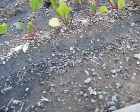But I actually have another couple of rows going that are just planted, but they probably won't do anything. I'm just hoping to get the greens off of these, just because I enjoyed eating those so much. So I planted some more